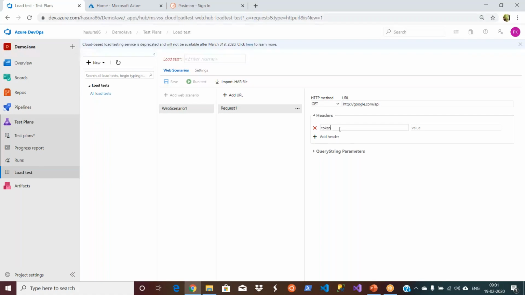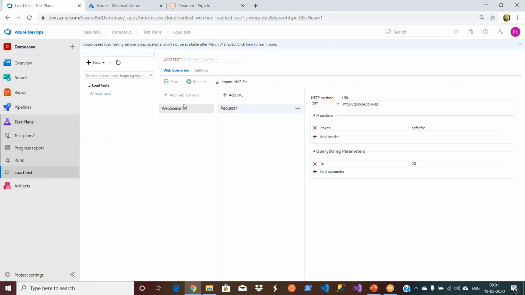A token, and your API might have some parameters. They can give some parameters, ID equal to 20 like this, and once the request is formed here, they can test it.